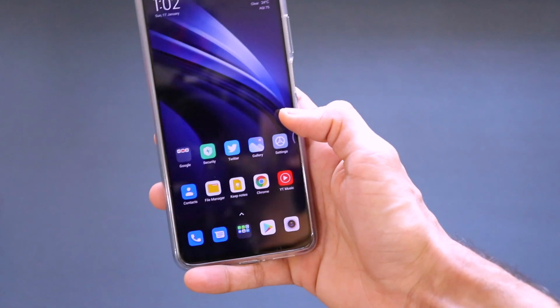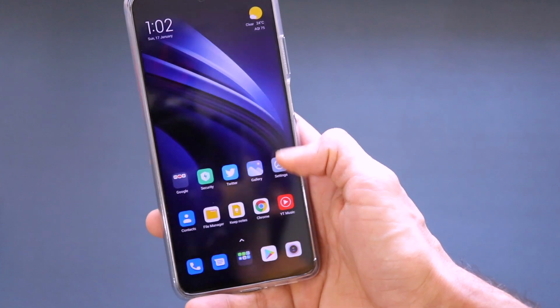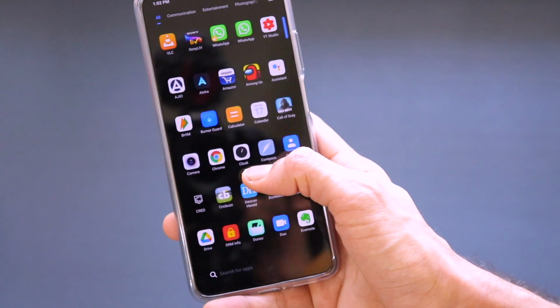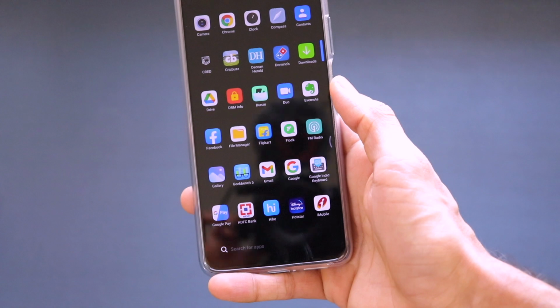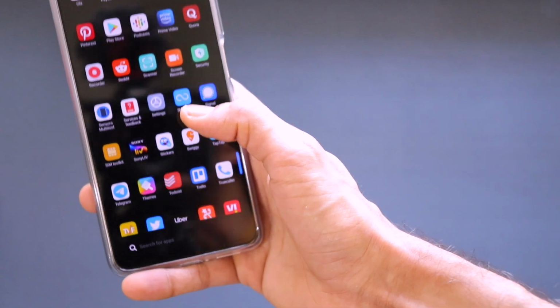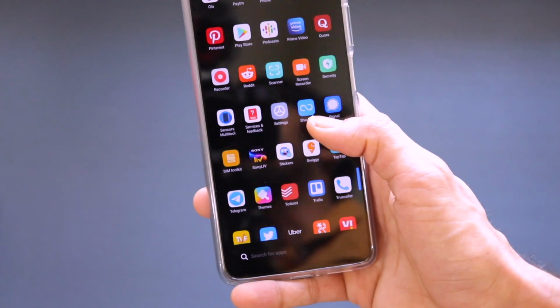I have been able to achieve this by removing all the bloatware that came pre-installed on my device. Get Apps, default Mi Music, App Vault, Mi Pay, Mi Credit, and multiple different applications which came pre-installed have been removed successfully, and we have done a separate video on how to remove bloatware on your Xiaomi device. I'll be giving the link for that video in the description and also in the card section.